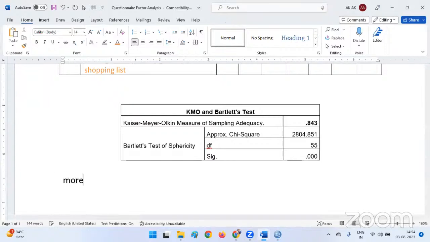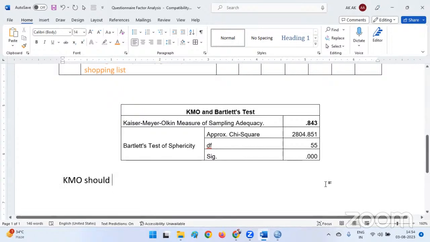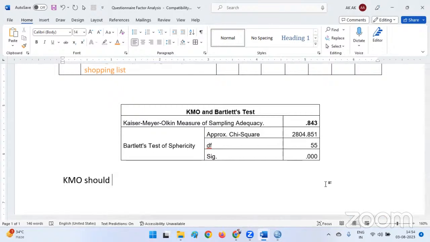You will find a lot of books and other people saying that KMO should be above 0.5. See, above 0.5 is poor and below 0.5 is not acceptable. But above 0.5 does not mean it is good. It is very poor. It means you should not go ahead with the analysis. At least it should be